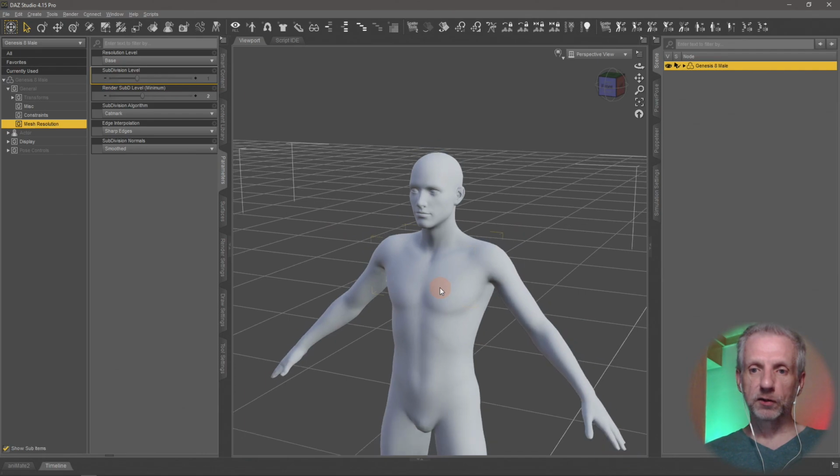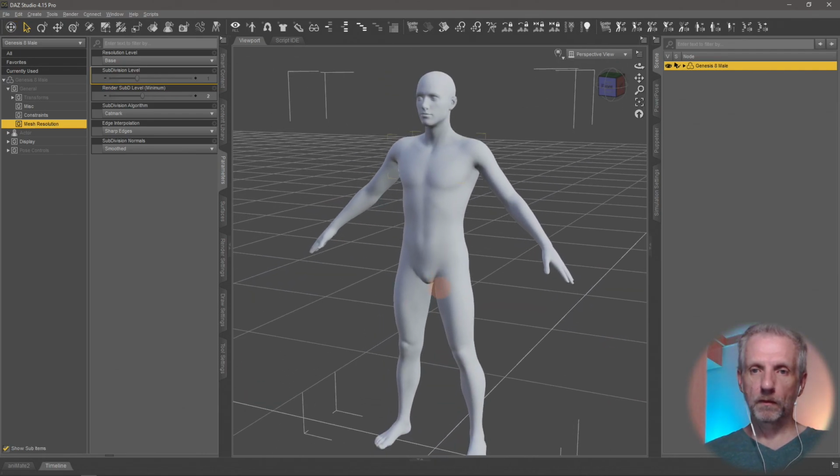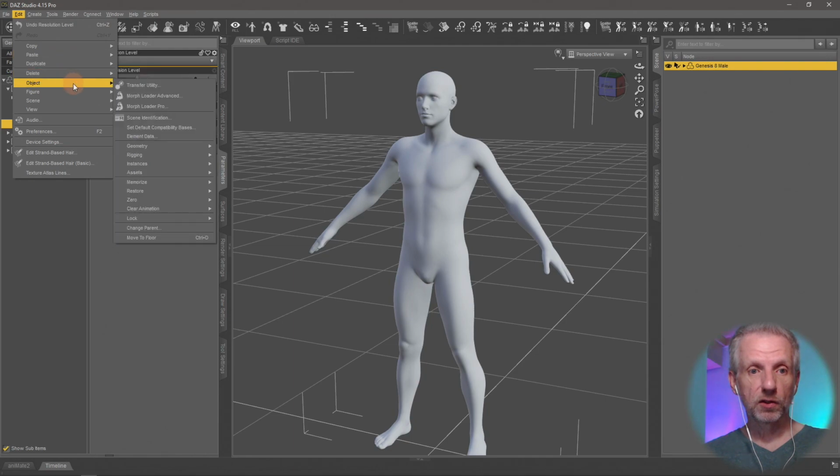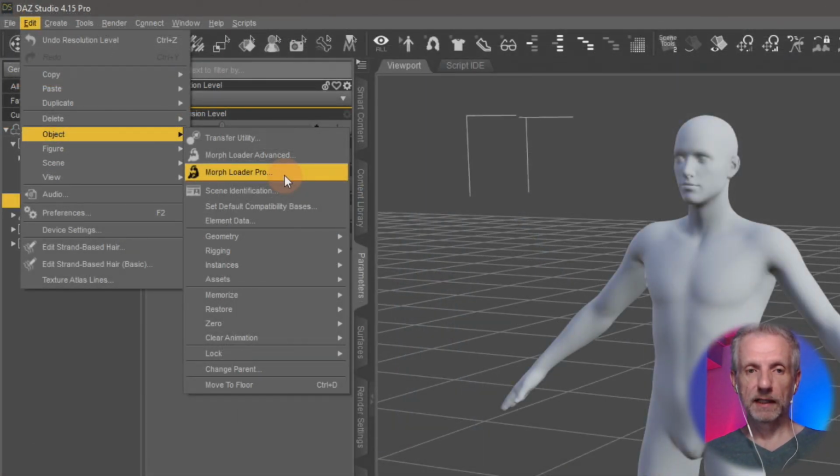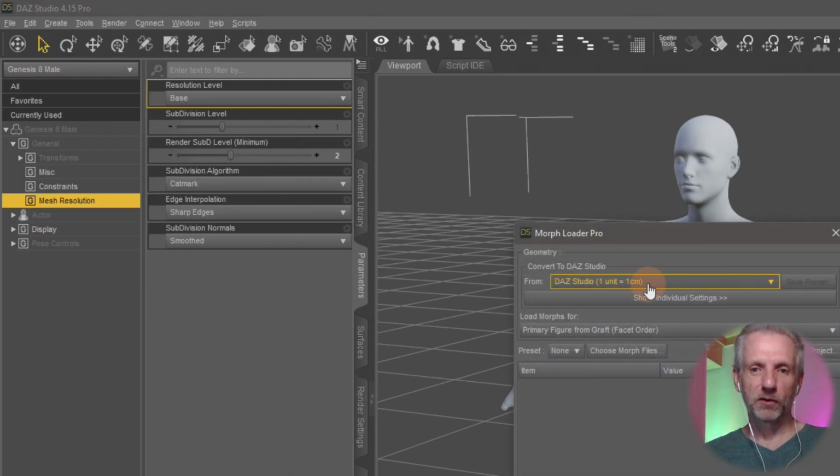So in DAZ Studio, let's go and bring in that change that I've made in Blender as a morph. That happens under Edit, Object, Morph Loader Pro. That's where that happens. And this is now where we have a plethora of import options, and those two things combined, that's kind of the key to success. Morph Loader Pro,